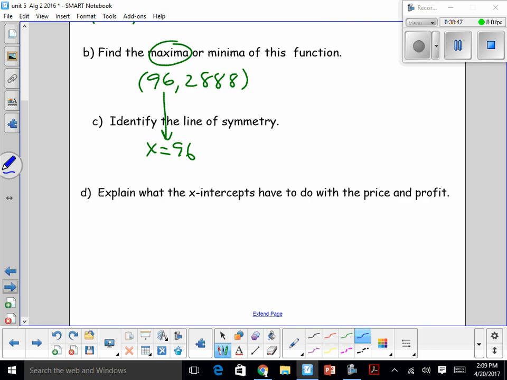That's what I said before. It's the price. Just put it's the price charged that makes 0